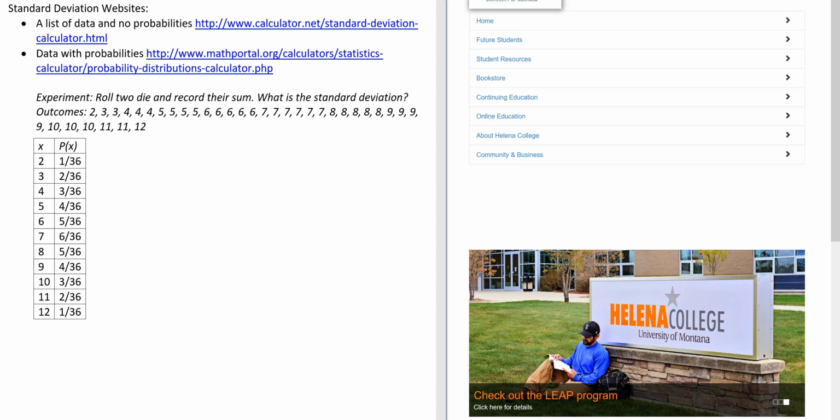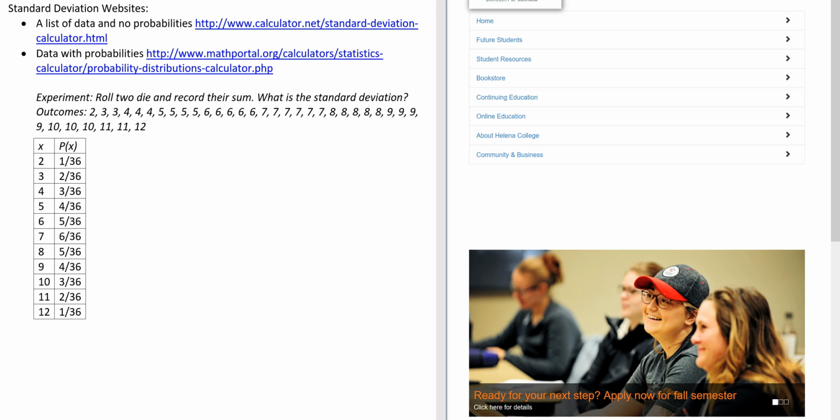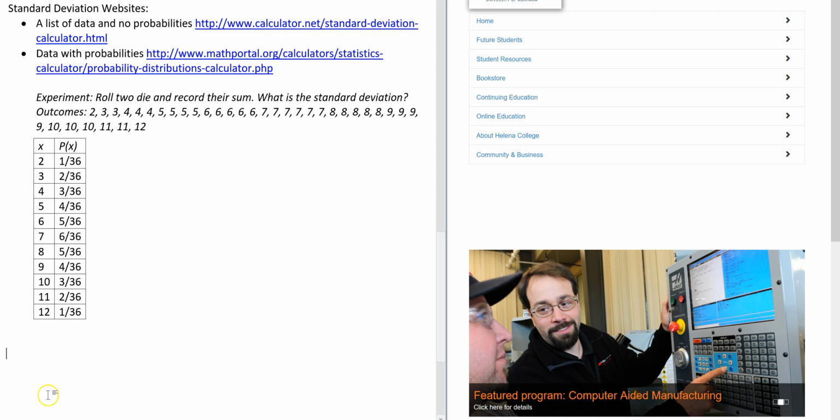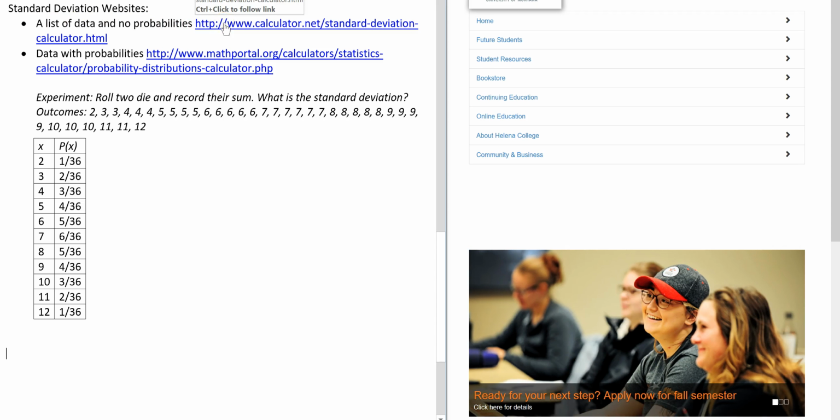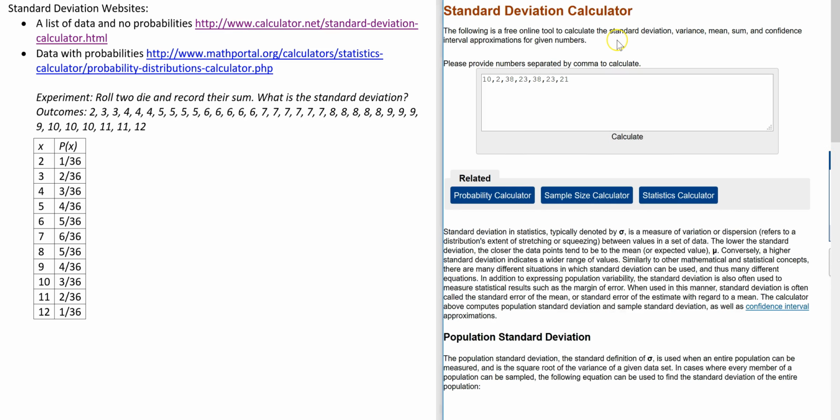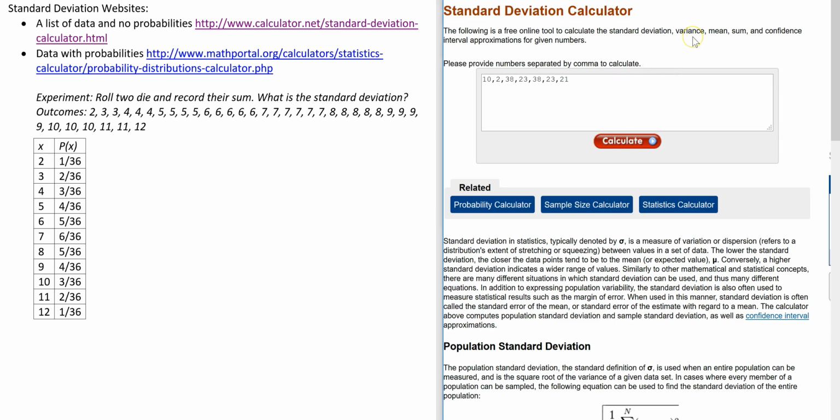This video will show how to use two online websites for calculating a standard deviation. The very first website I use when I have a list of data and there's no probabilities attached to it. So you can see over on the right that there is a box, and in this box I need to